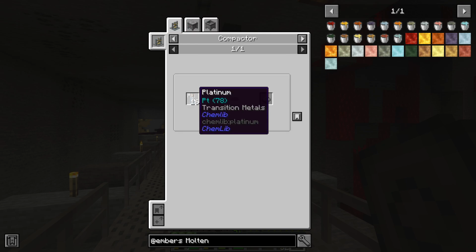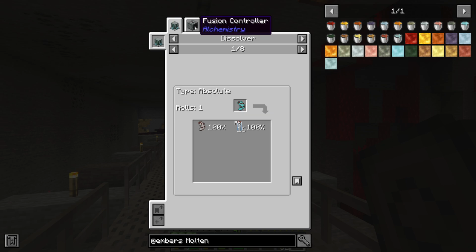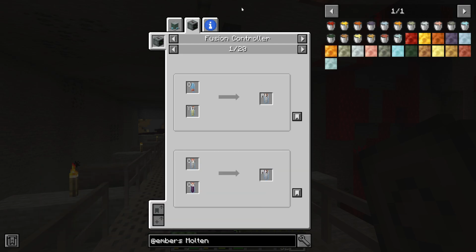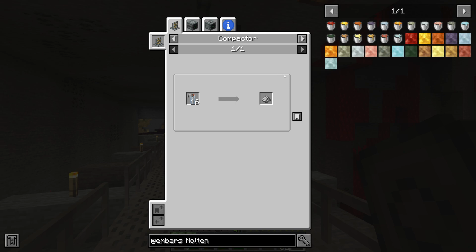Or alchemistry, which I'm not doing yet. So you can make platinum from chemical interactions, oxygen and ytterbium. And basically you just make enough platinum in order to, well, turn it into dust and then smelt it up. And, well,